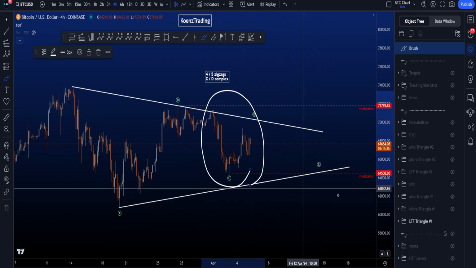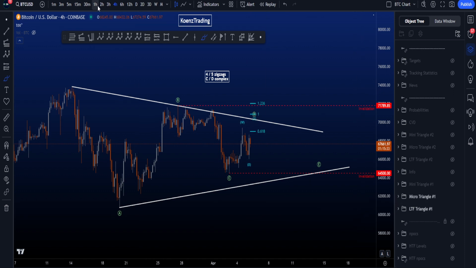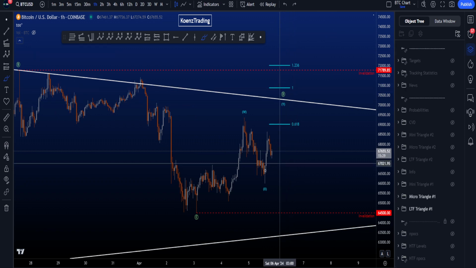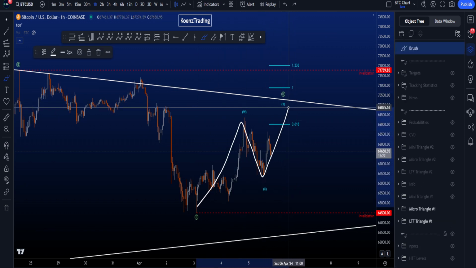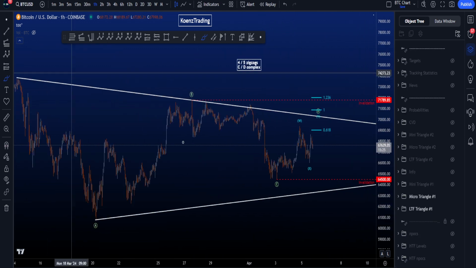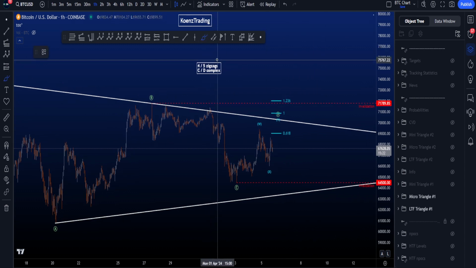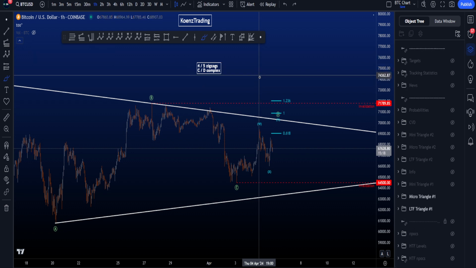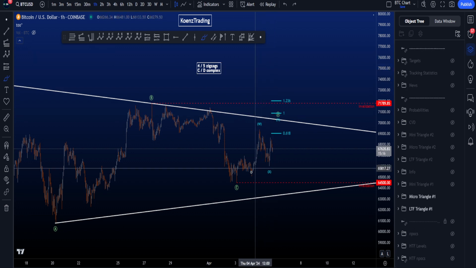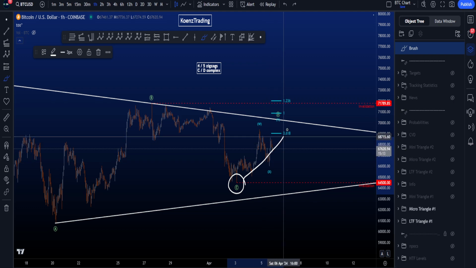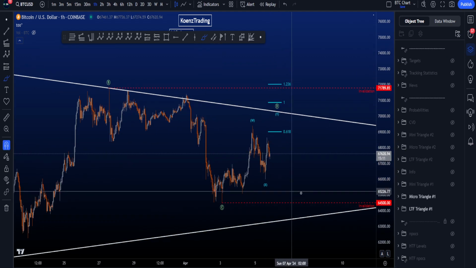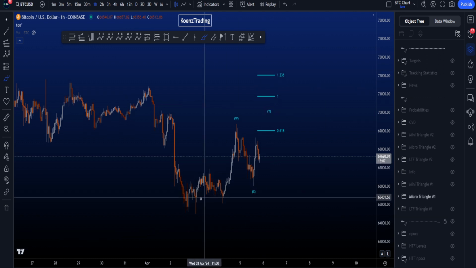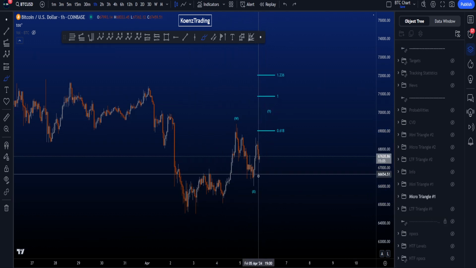If we zoom in to this structure over here and go to the 1 hour time frame, then we are looking for a 3-wave structure inside wave D, which is a WXY, a double zigzag structure. In a triangle, 4 out of the 5 waves have to be zigzags. It can be 5 or 5 as well, but if one of the waves is complex, then most commonly it is either wave C or wave D. And in this particular scenario, wave D is the more complex structure in a double zigzag WXY,